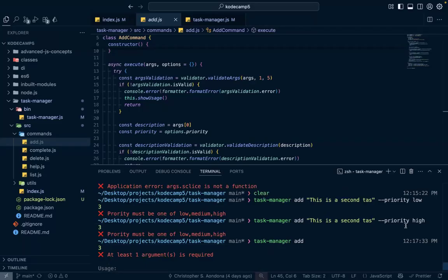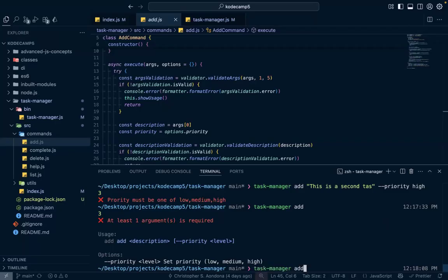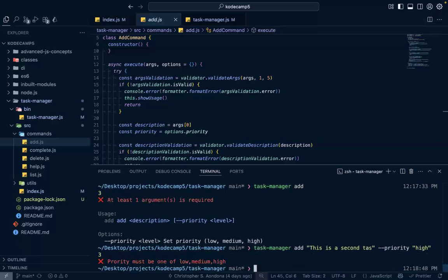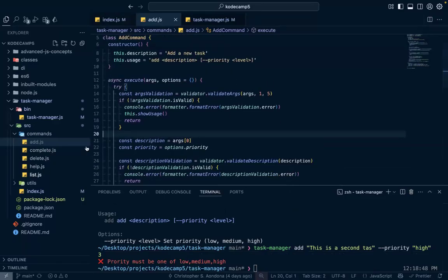That is priority high. Add description. This is our description. And the priority level. Okay, so let's make this a string. It's actually a string already. Priority must be one of low, medium, high. Whoa, so that is an error. Okay, maybe we'll come back to that, but let's move on to other